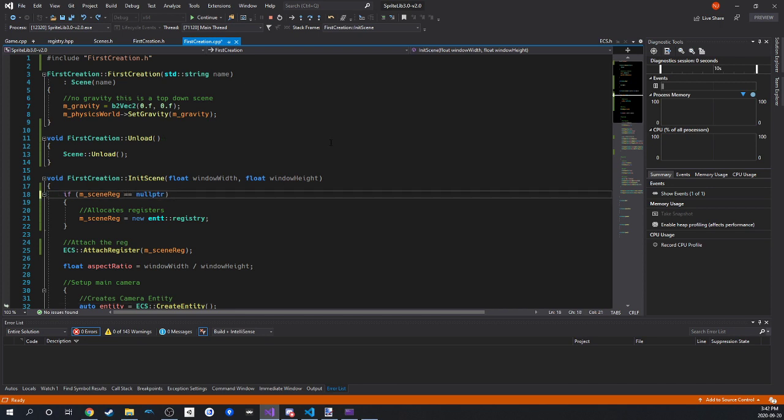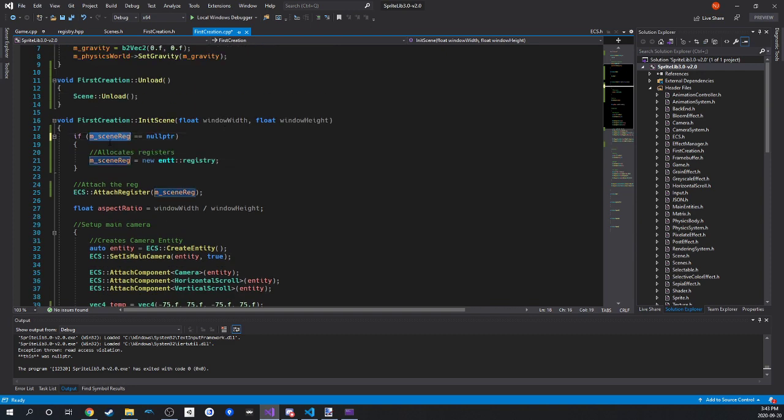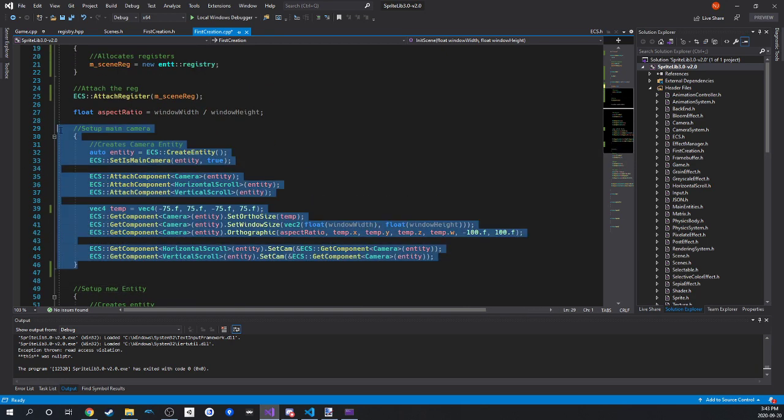Oh, I wrote not equals. You want that to be equals, if it's equal to null pointer. Oops. So that error means that the scene registry doesn't exist. If it doesn't exist, you can't create an entity. So that's a thing. Oops. That's on me. So if we comment this out,